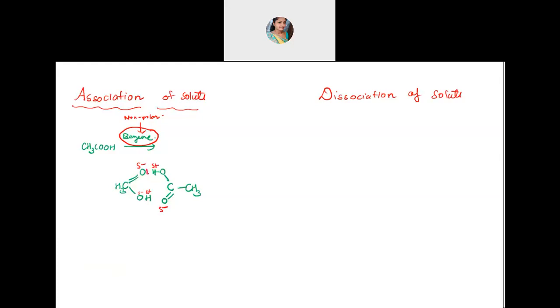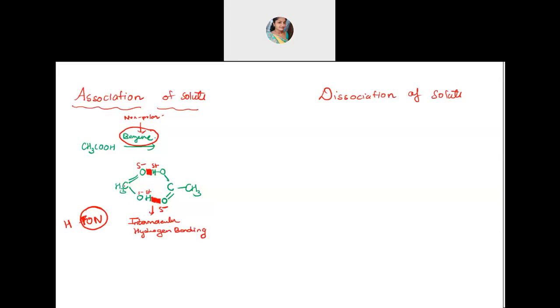Now here one bonding is possible. This hydrogen can bind with the oxygen of another acetic acid molecule, and the hydrogen of the other molecule can bind with the oxygen of the first molecule. So between them there is intermolecular hydrogen bonding taking place. You can see there is a bonding between hydrogen and oxygen. And whenever there is bonding of hydrogen with the most electronegative atoms, like fluorine, oxygen, and nitrogen, as I've told you every time, then that bonding is intermolecular hydrogen bonding.